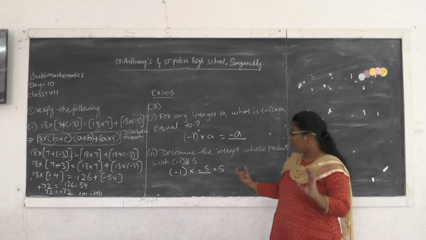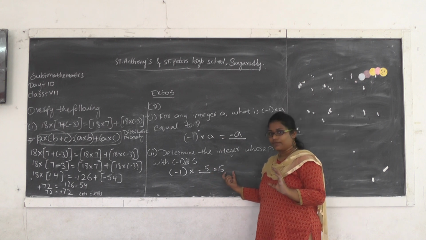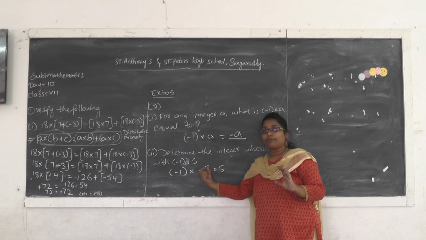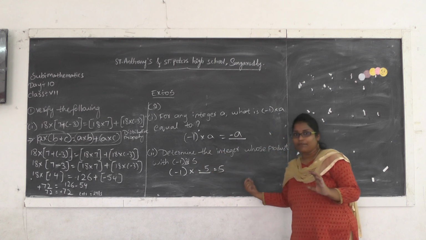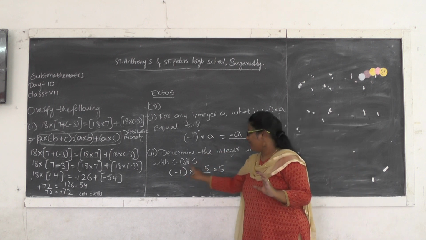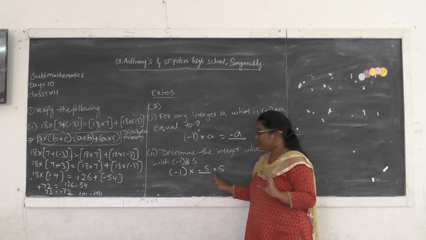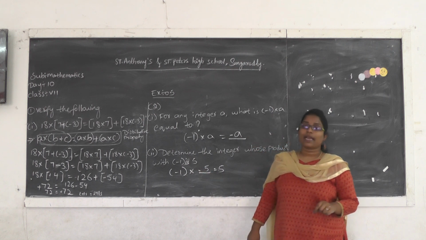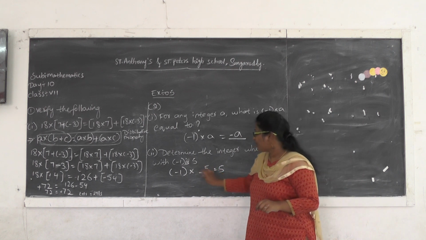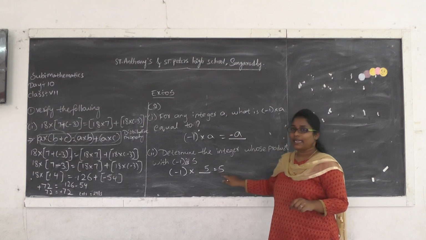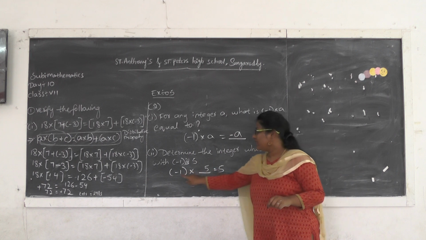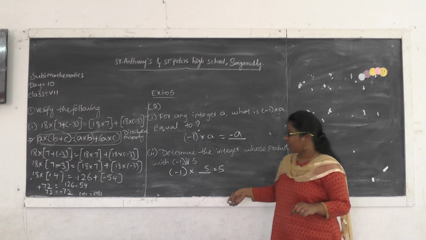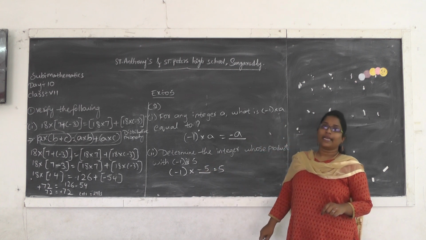Since we got the result as 5, if we multiply 5 with 1, then only the result will come as 5, isn't it? Since the result is a positive integer, both the numerical values should have the same sign. That's why here we have to write minus 5. If you write only positive 5, this condition is not going to be satisfied, because 1 and 5 are 5, one is negative, one is positive, so the result should be negative. But the answer is a positive integer, so the answer should be minus 5.